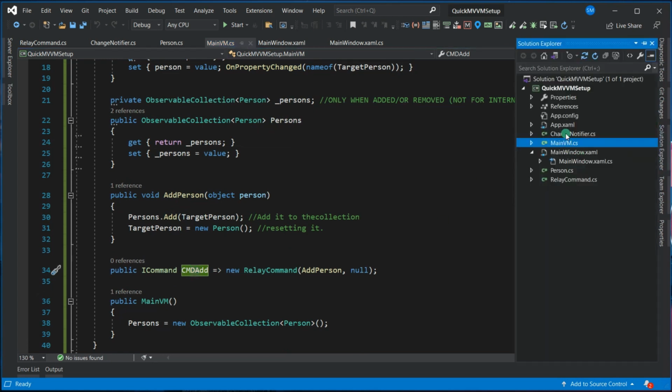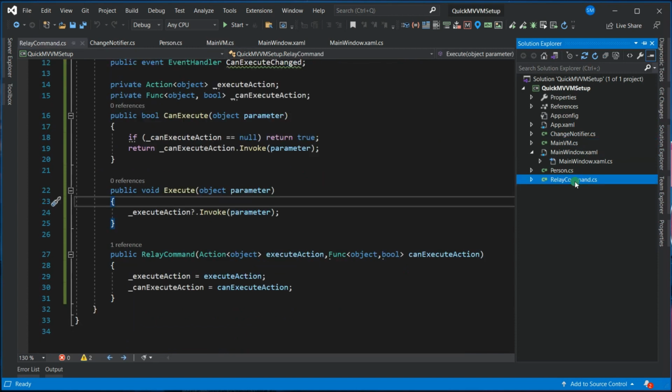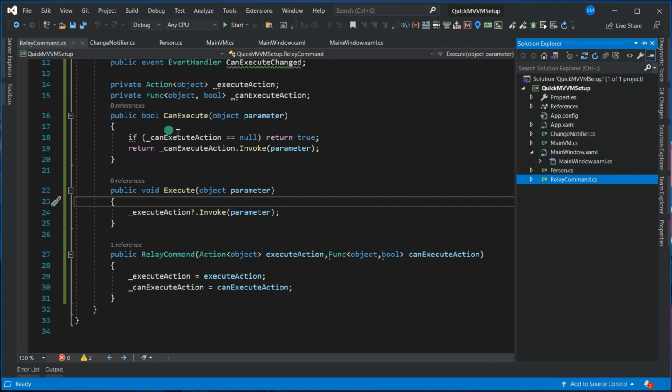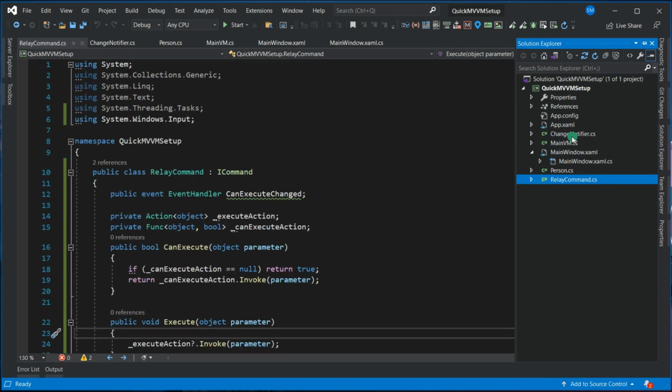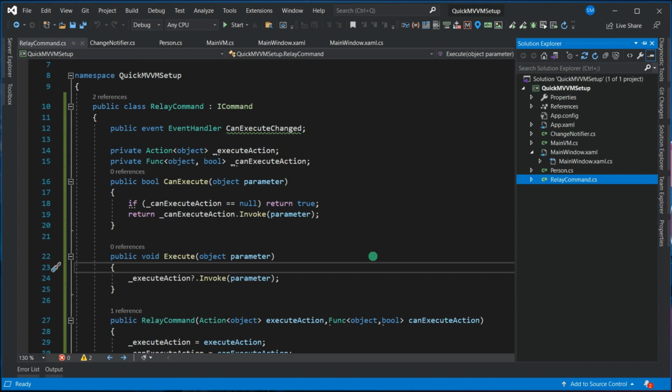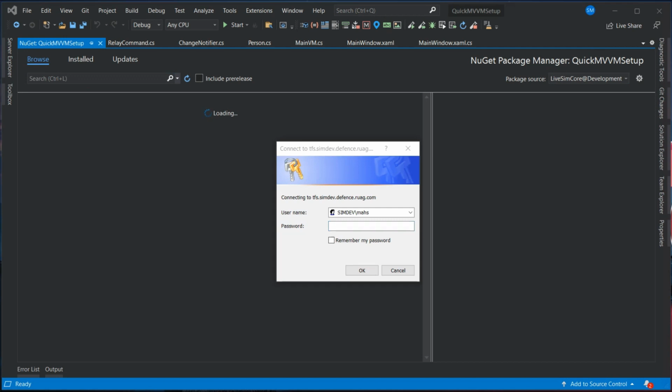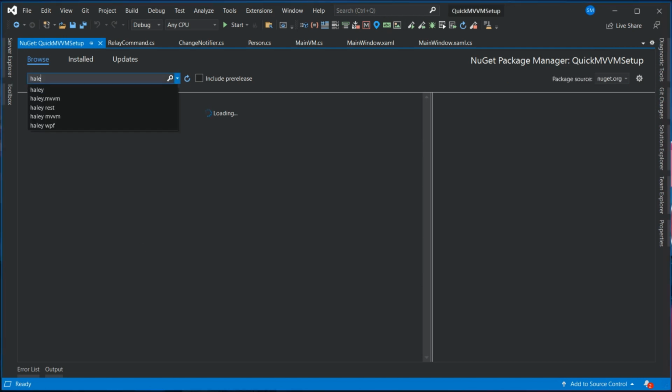Now you have seen about this change notifier, relay command, and everything. So far we have not used any external libraries. We try to keep everything simple by using WPF or Microsoft's inbuilt libraries. Now what I'm going to do at this point, I'm going to add a NuGet package. I will add an MVVM package,